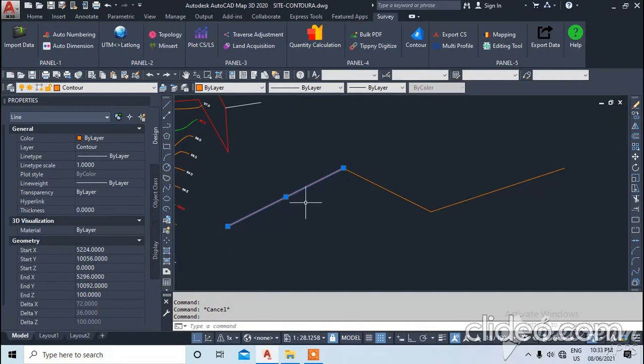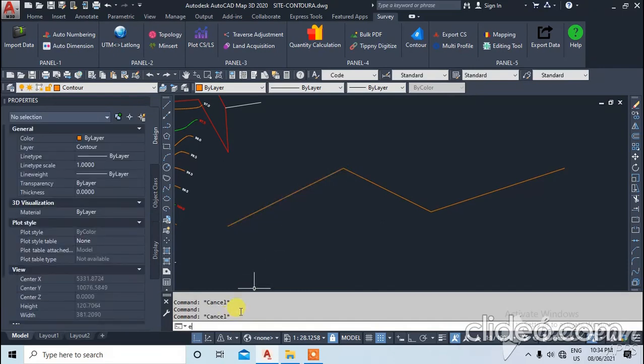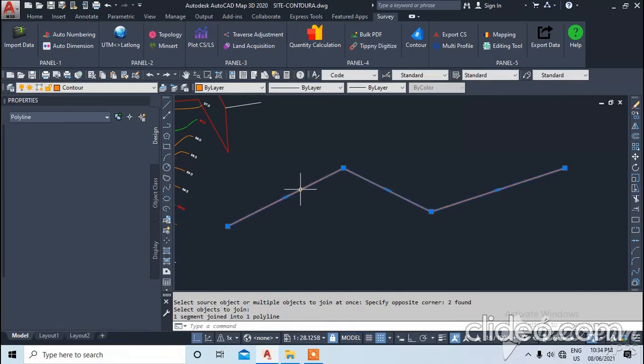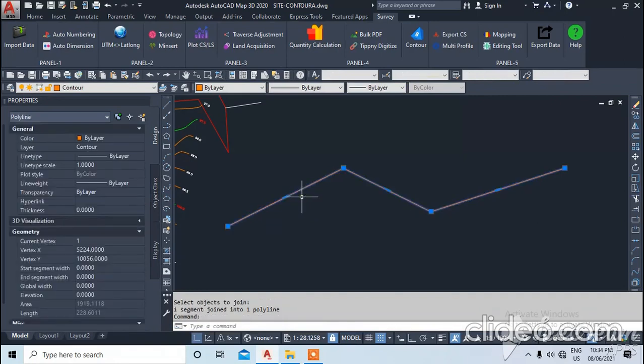That is the reason I am unable to join these lines. For that I will use the command E0. E0, press enter and select these objects. Now you use the join command to join these objects. See, now these objects are joined successfully.